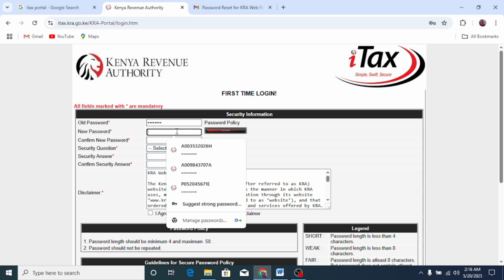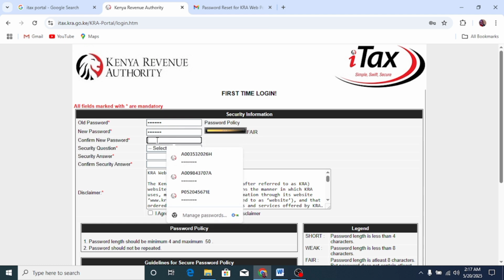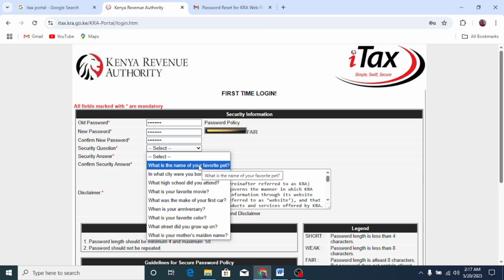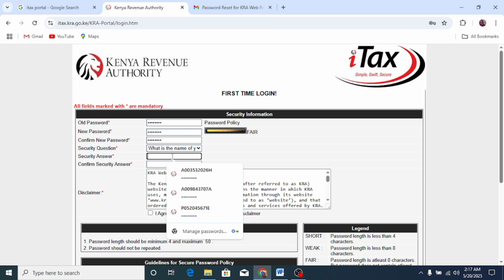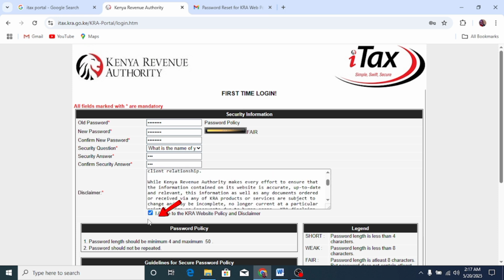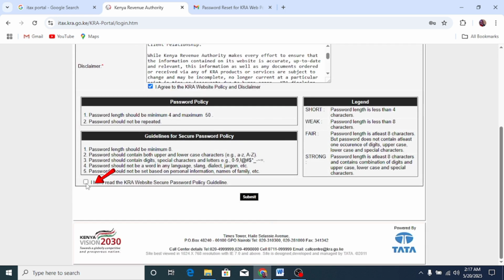Enter it there. Confirm the new password. Select your security question. Confirm the answer to the security question. Agree to the KRA website policy and disclaimer. Tick there. Tick also here, I have read the KRA website secure password policy guideline. Tick there. Click submit,